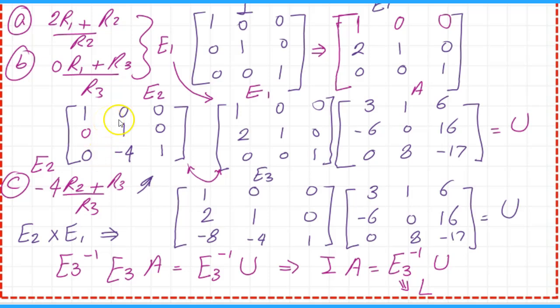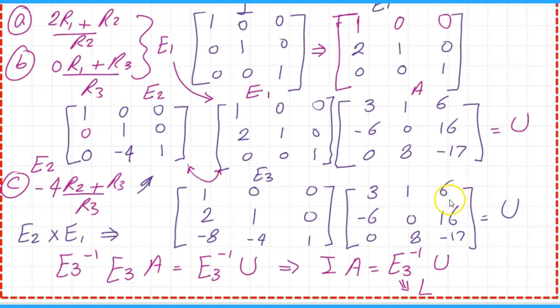We call it E2. We are going to multiply. We start from left to right. We multiply E2 by E1 to get what's called E3. 1 0 0 multiplied by 1 0 0 is the same, 1 0 0. And this is the same as this second row. There is no change for the second row. But here minus 4. Minus 4 is minus 4 of R2 plus R3. So minus 4 plus 0 is minus 4. Minus 4 by 0 is 0. Adding 1, this is the 1. Okay. 1 0 0, 2 1 0, and the third row, this is shown in the next slide.